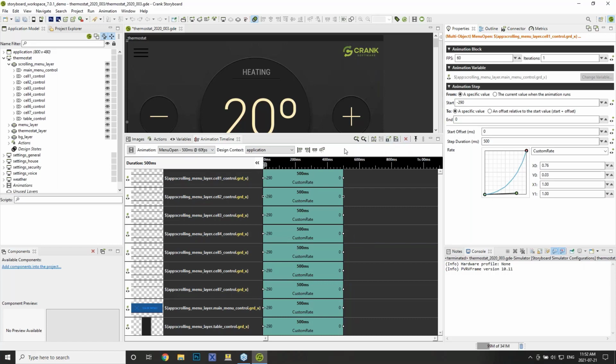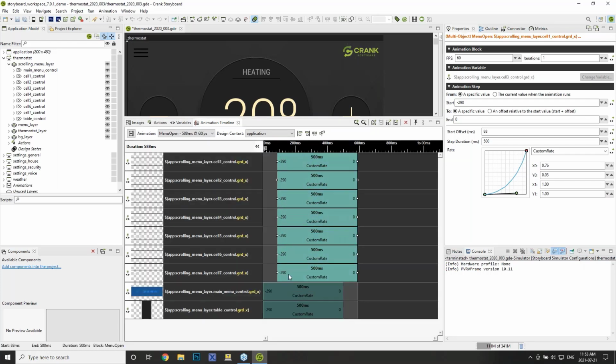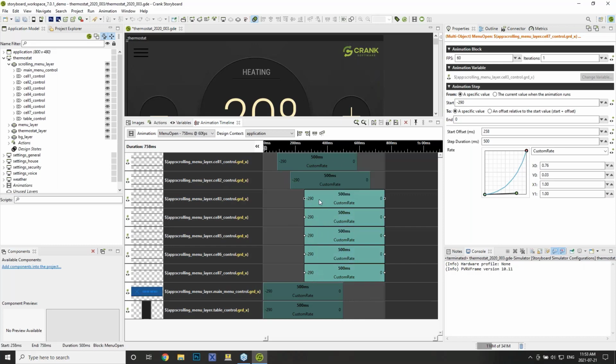And that's all right, but maybe we want to create a nice little staggered effect where each cell slides in one after the other. So to do that, I'm going to go ahead, deselect those, drag these elements out, and then I'll just freehand this where,